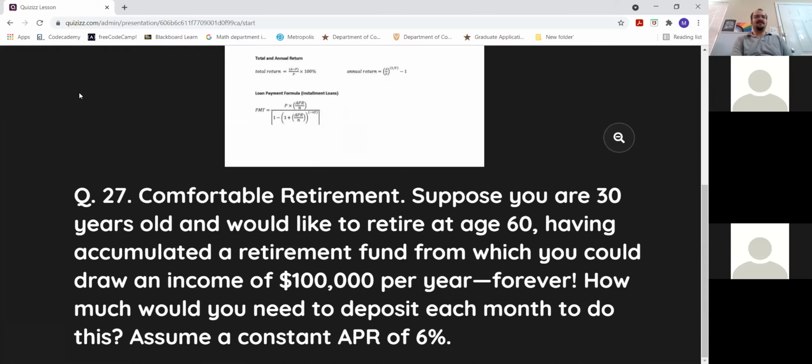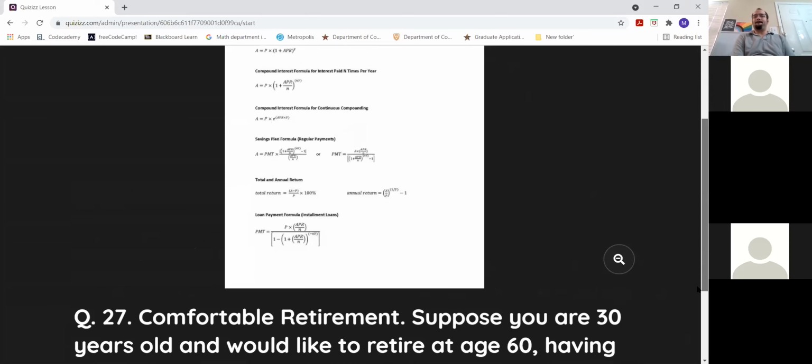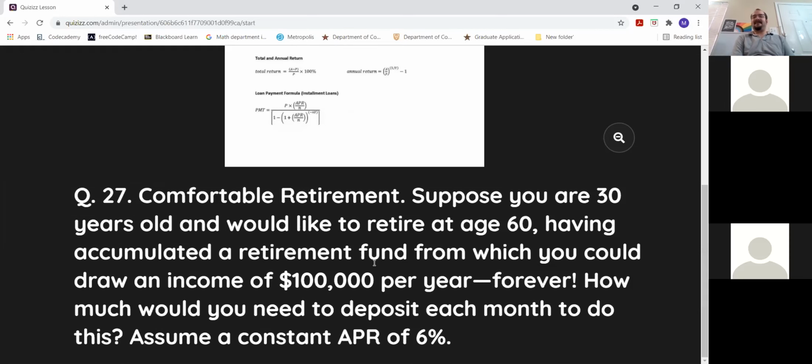So in the book, they kind of talk about this. But we want to know how much you would need to deposit. So we are doing the payment formula again. But this is not the accumulated amount we want. We want to be able to draw this from some amount. So how do we draw this per year forever from some account? We do that by letting this just be the interest. If this is the amount of money that I'm making in interest,